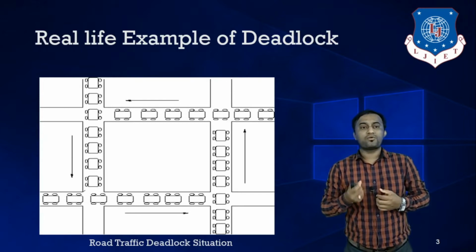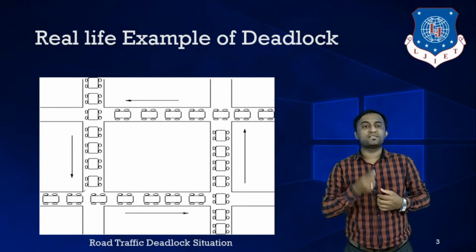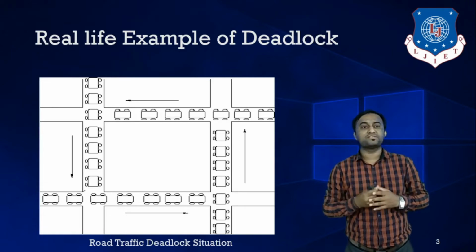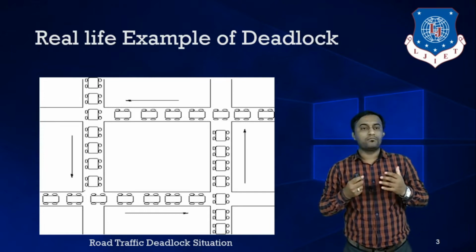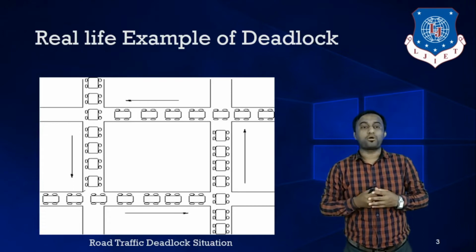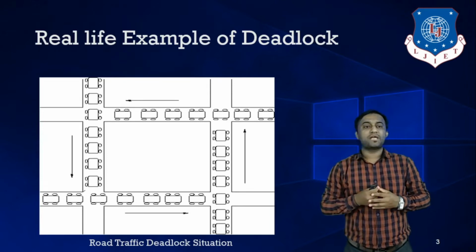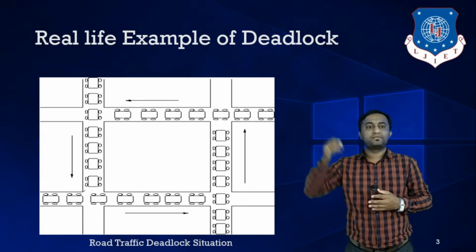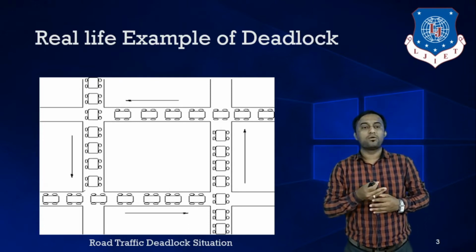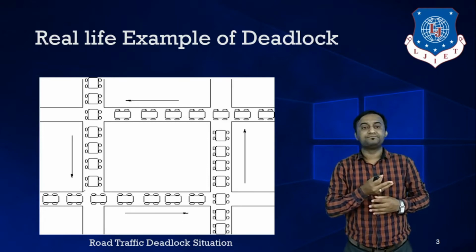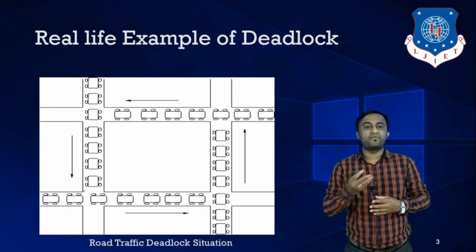We can concentrate. There are 4 junctions we have, or we can say 4 chowks on these junctions in this particular scenario, in which the vehicles are blocked. How? You can concentrate on the vehicles traveling from top to bottom. Those top to bottom vehicles are blocked by the vehicles which are traveling from left to right. Same way, left to right vehicles are blocked